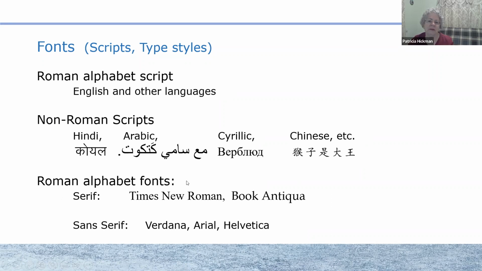The Roman alphabet fonts, there's two main types of Roman alphabet fonts. This is serif. The font has little decorations on the edges. And also the font might be wide, and the lines are wide in one place and more narrow in other places to make it more attractive, maybe easier to read, I don't know. But sans serif,